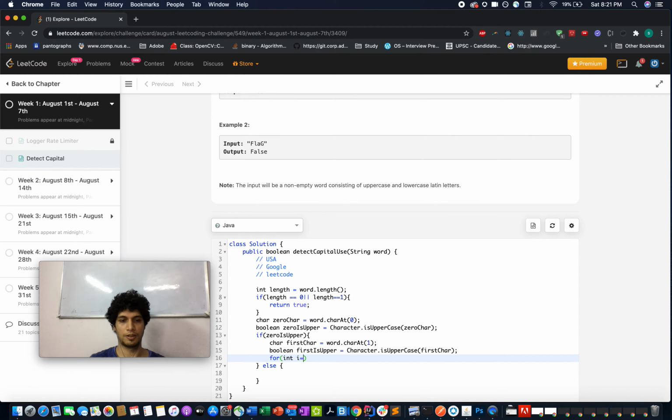For integer i equal to 2, starting from 2 up to the length of the string, i plus plus, and character current char, word.charAt(i), boolean type, sorry, is upper, character, whether the current character is upper or not.